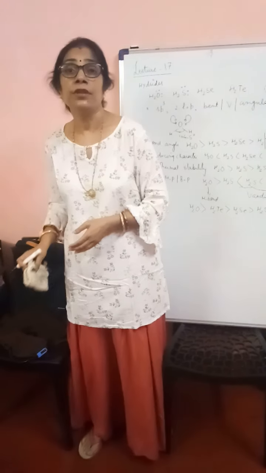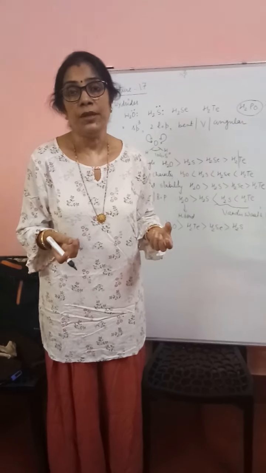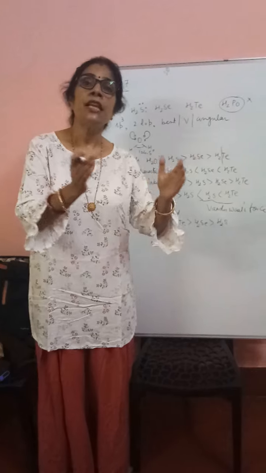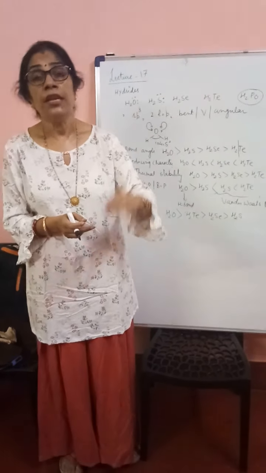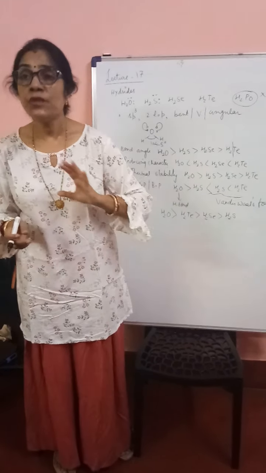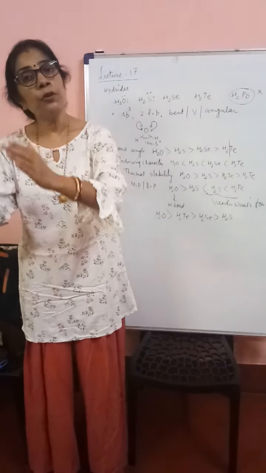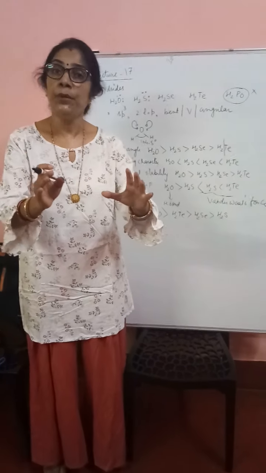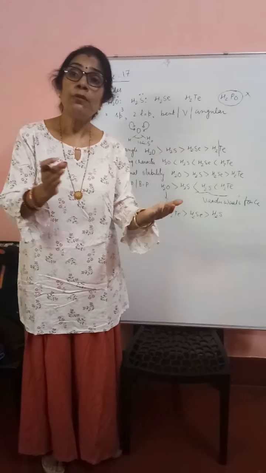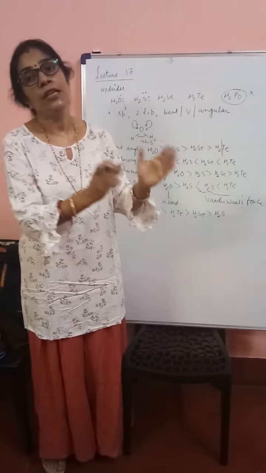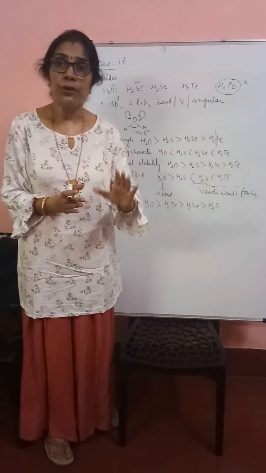So today we have started p block elements, and when you are asked what are p block elements, they are elements in which the last electron enters the p subshell. What is their general electronic configuration? ns2np1 to 6, because p can accommodate a maximum of 6. So the last group, noble gases, have ns2np6 except helium. Then which groups are lying over here? It comprises group 13 to group 18. So these are the important introductory points.